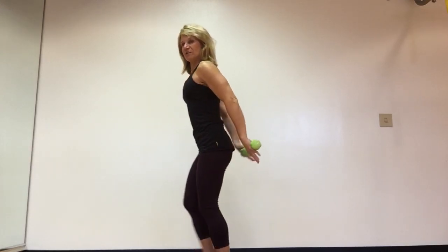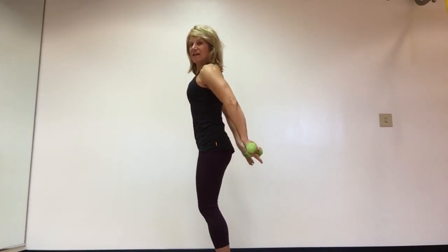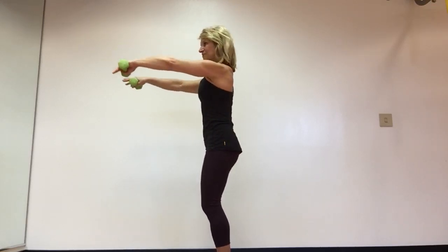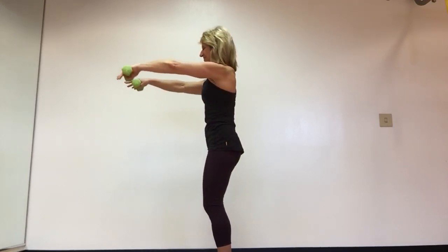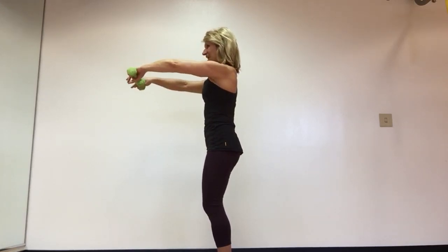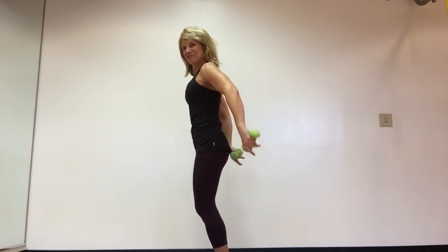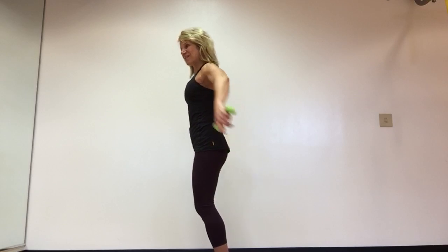Now we're going to start those weights behind the back. We're going to come up, but then we're going to bring it back and squeeze. Now this is one you can easily do without any kind of weight. It just opens everything up and back. Exhale, lift, and back. You got it. And lift, and back. Couple more, let's go. 3, and back, squeezing it back behind you. 2, and back. Just 1 more. 1,